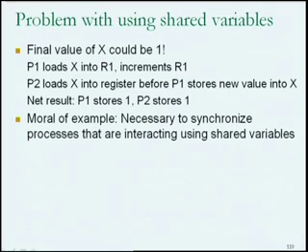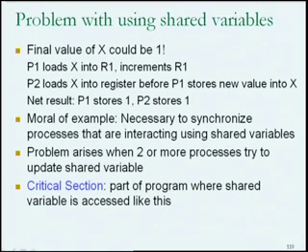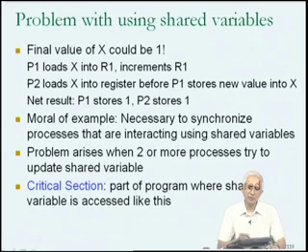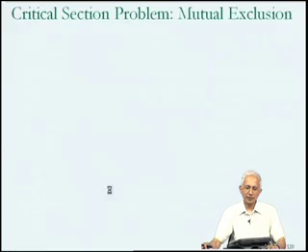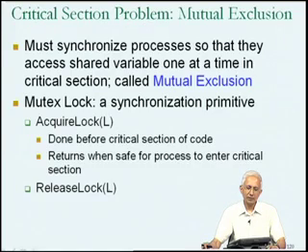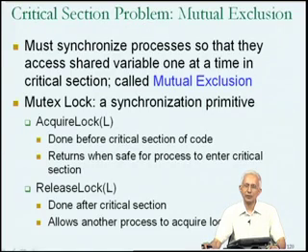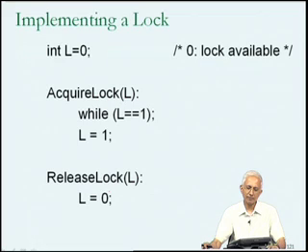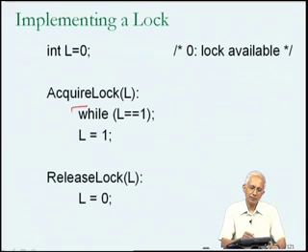Now, this was the problem with the variable x, and that was the reason that we wanted to have a solution to the problem in the form of an operating system support such as a lock, and we defined the idea of the critical section. But in doing so, apparently we came up with an implementation that was inadequate. This particular implementation is inadequate, and if we look at this implementation we realize why. We realize that in this implementation, this itself is a critical section.